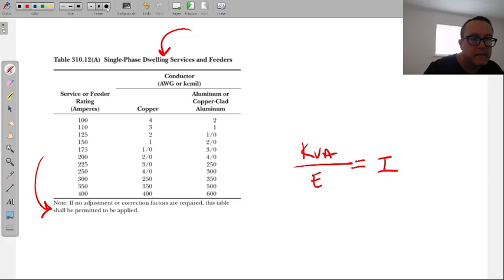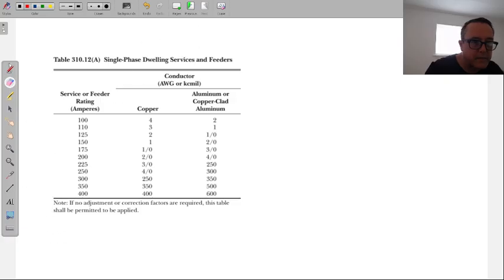All of the selections that we look at from table 310.16, this single phase dwelling services and feeders table, all of that is with no abnormal conditions. The second some abnormal conditions come in, what is an abnormal condition? Too many wires in the conduit or too high of a temperature, then we have to adjust.